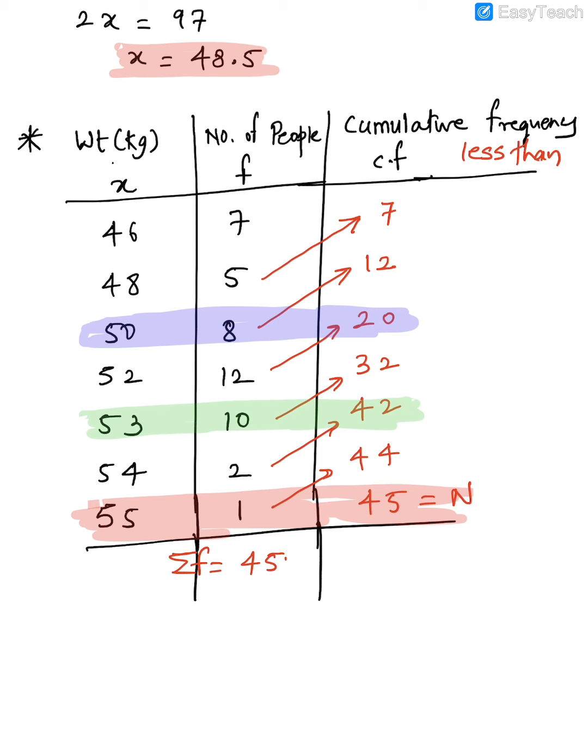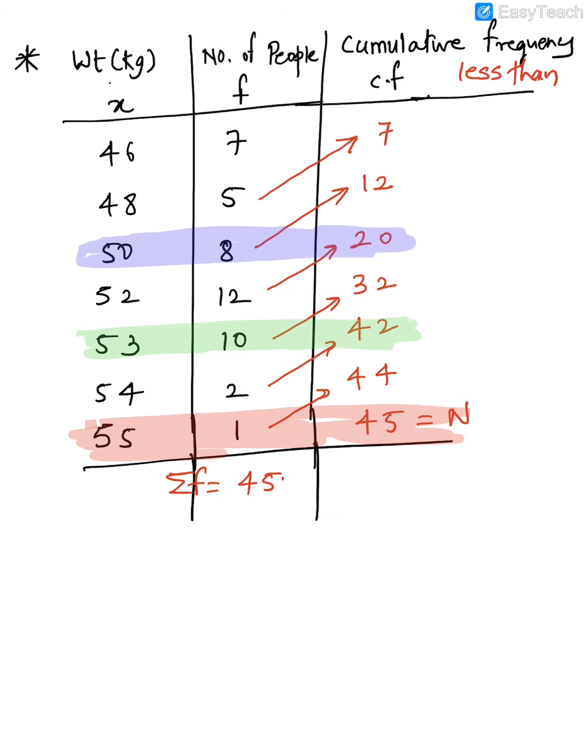I'm doing the same problem. Sorry, we've not finished the problem yet. Yeah, guys, we've not finished the problem. Sorry. Now, what we need to do here is, if you have noticed the data that we have here, we have n is equal to what? 45. Now, we have to yet find what? Median. Now, how will you find out median here?